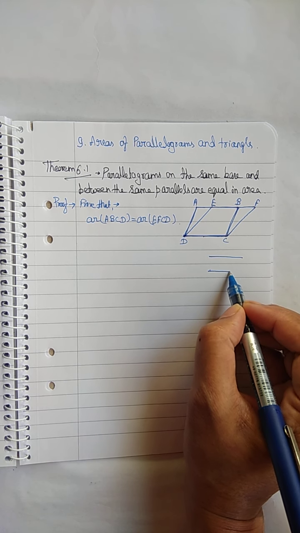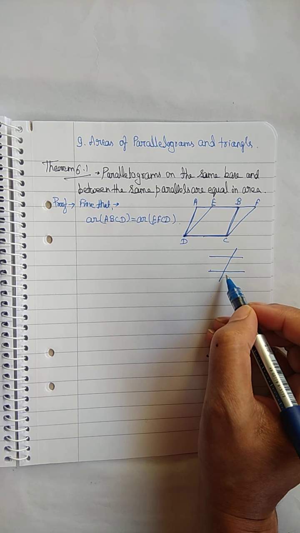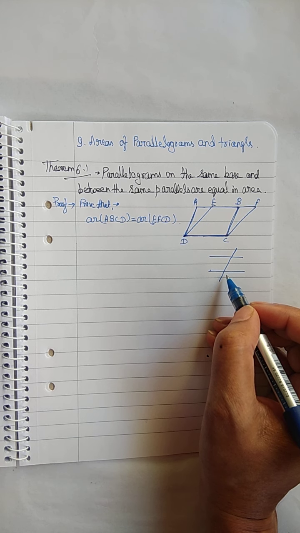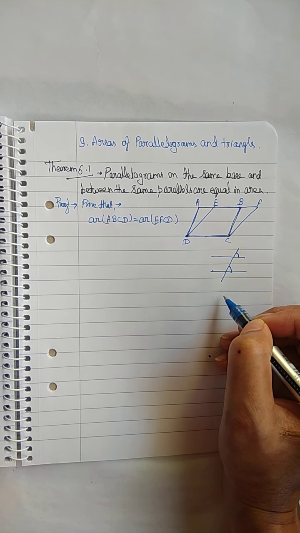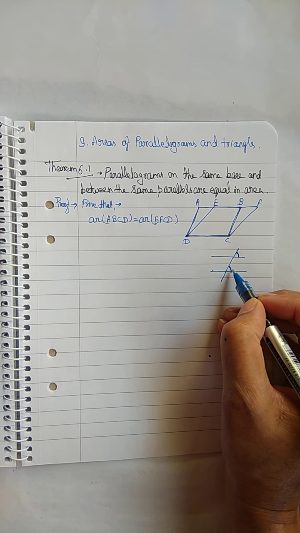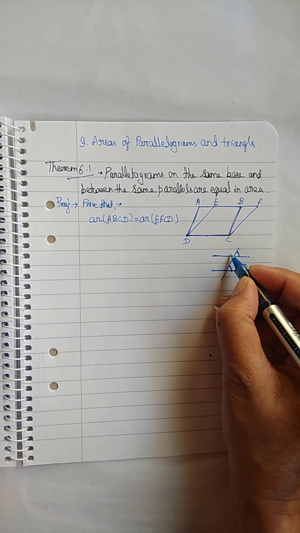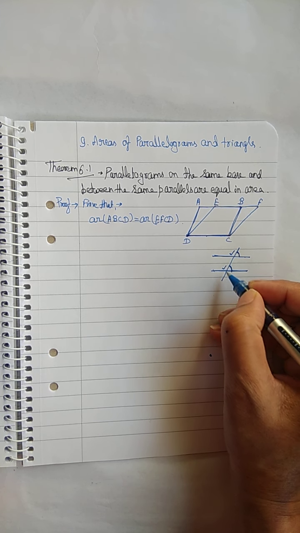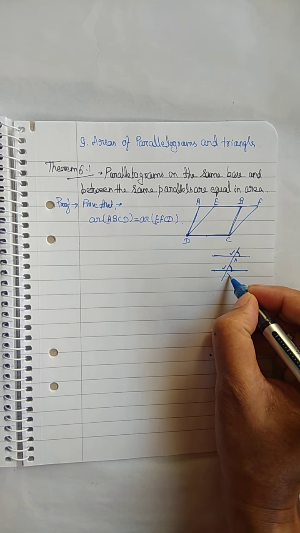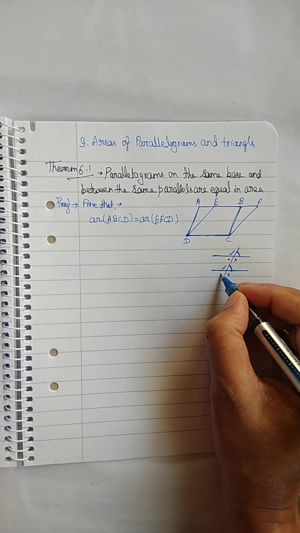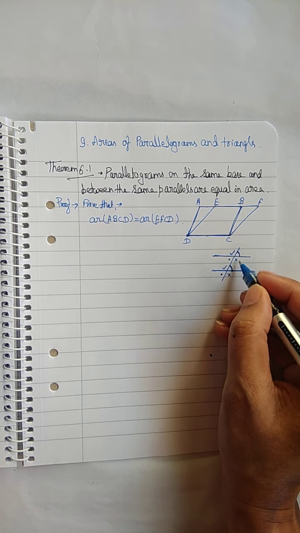Now, see. Hope you remember the property of two parallel lines. If we have two parallel lines and one line is intersecting these two parallel lines, then the corresponding angles will be equal. So what are the corresponding angles? This equals this if these two lines are parallel. Same logic for this also. This equals this. Correct. These two are corresponding angles. Also this equals this and the rest one this equals this. That means all corresponding angles are equal to each other.